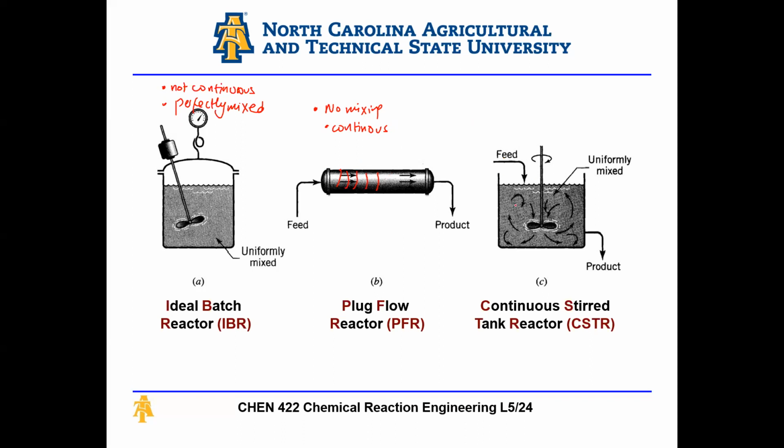And finally, CSTR: I have feed going into a vessel. The vessel is full with a constant volume, usually at steady state. I get products being taken out, and I'm continuously mixing. Here it is perfectly mixed as well, and it's continuous, okay? By continuous I mean I always have flow going in and coming out, constant flow, whereas in